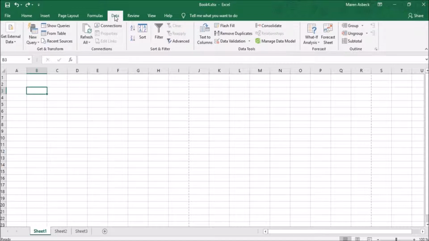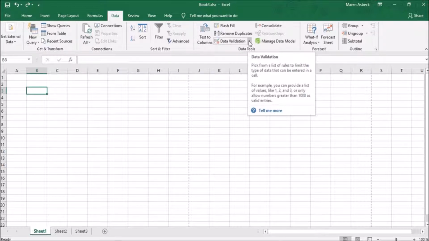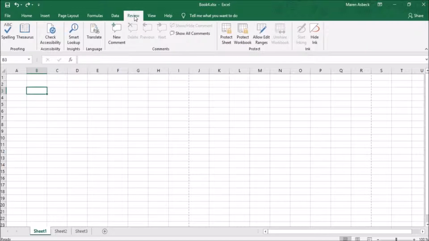In the Data tab, you can import data, sort it, remove duplicates. In general, you have different functions to provide data. For sorting and filtering, we will have a different video. But for example, if you had to remove duplicates, you could do that here. If you want to make only specific options available for your data, you could also do that there. And in your Review tab, you have spelling correction and, for example, translations. But most importantly, you can protect your sheets with a password.